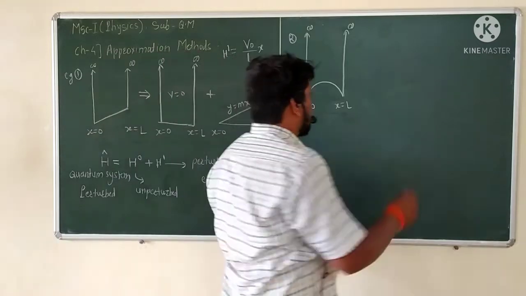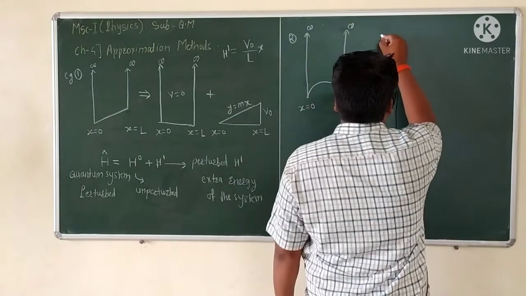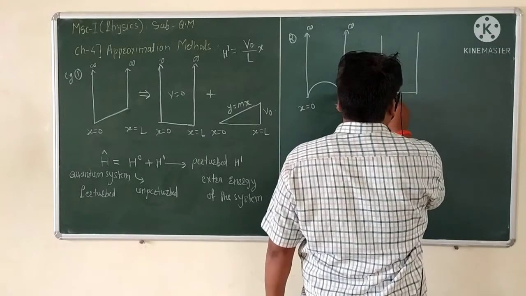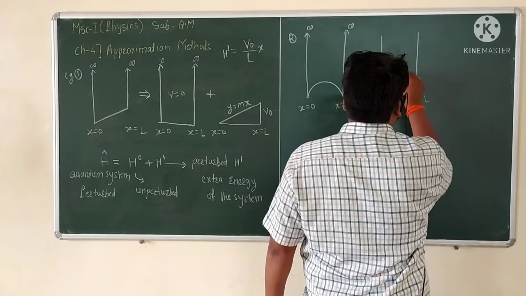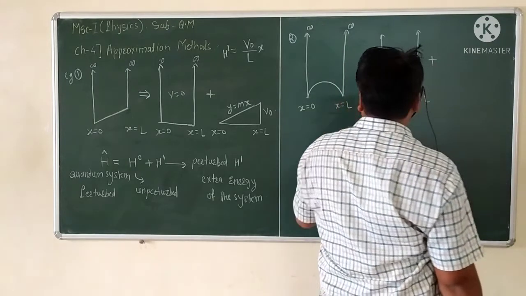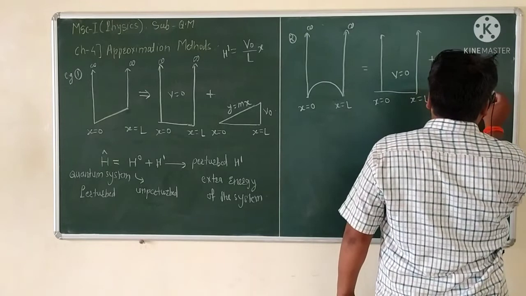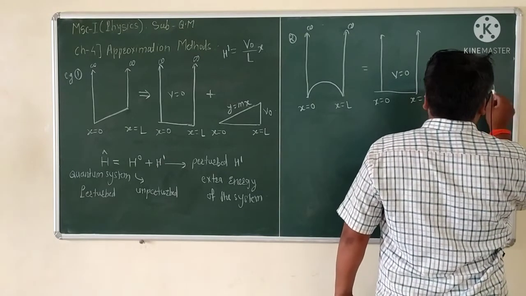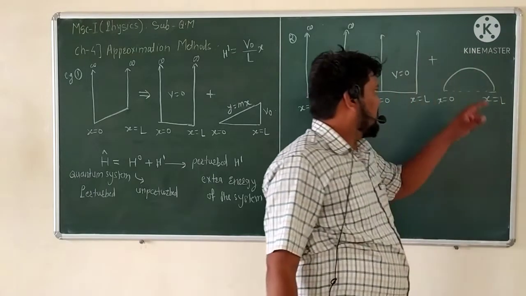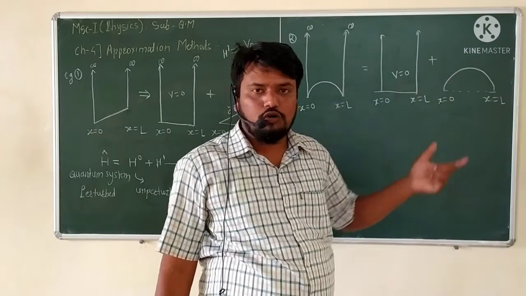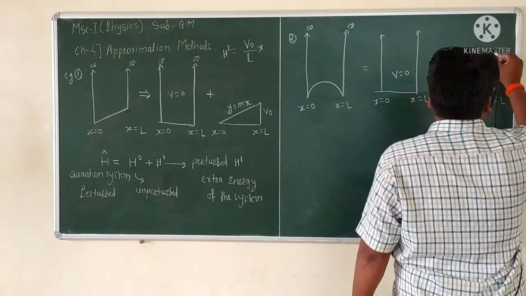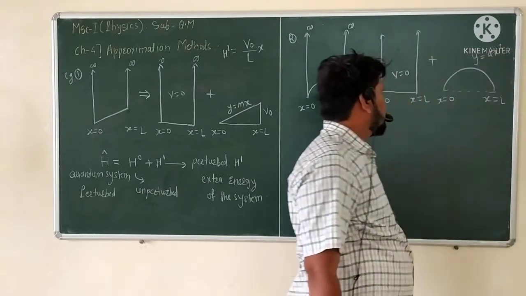This potential is the part of the original potential barrier, that is x is equal to 0 to x is equal to L, and the potential inside the box is 0. And in addition to this, we make the wave function, from x is equal to 0 to x is equal to L. You know that the solution of this function is semicircular, that is y is equal to ax square.